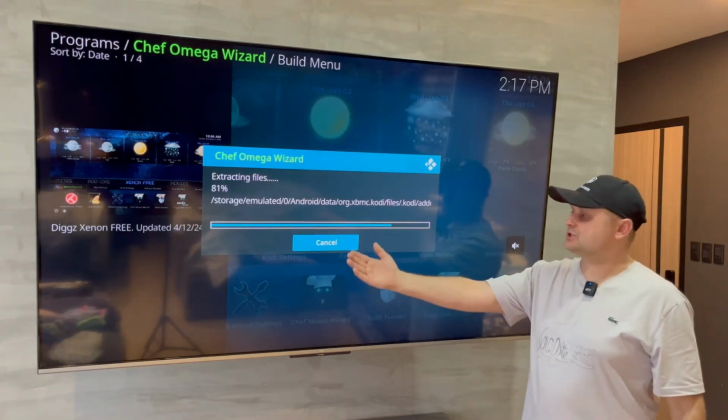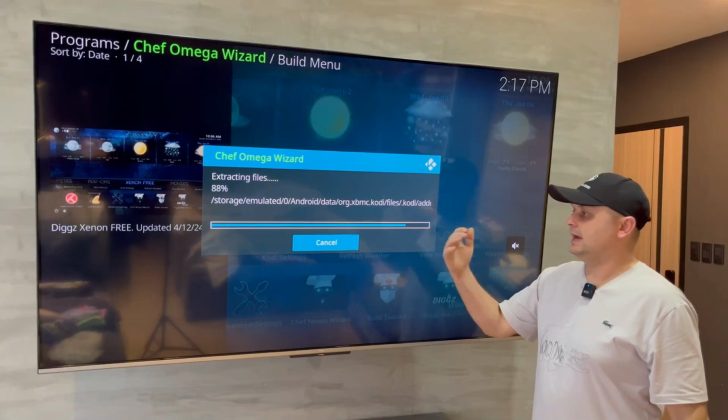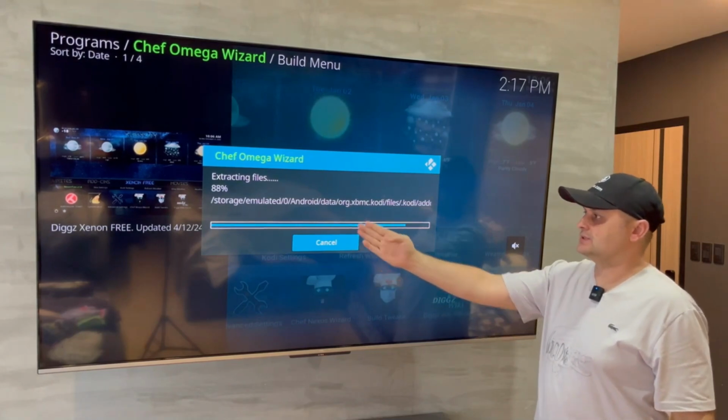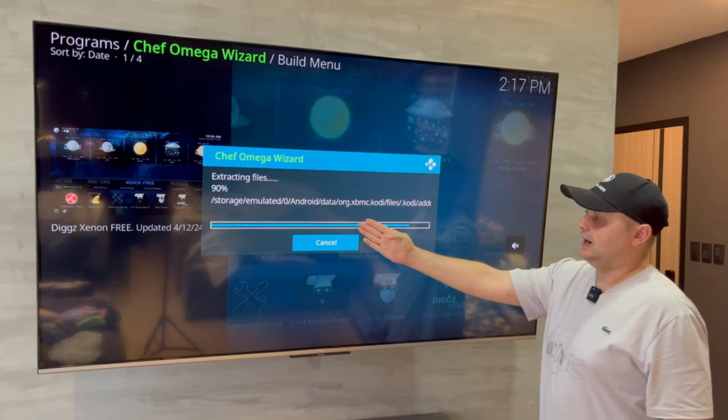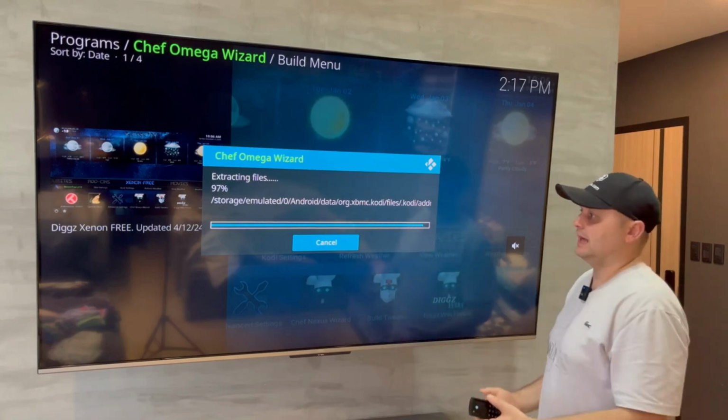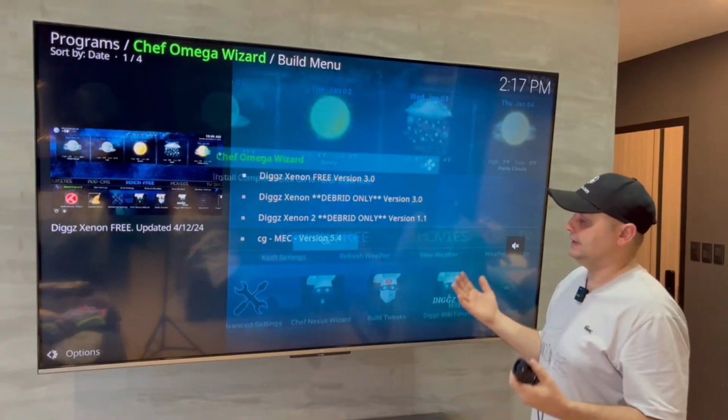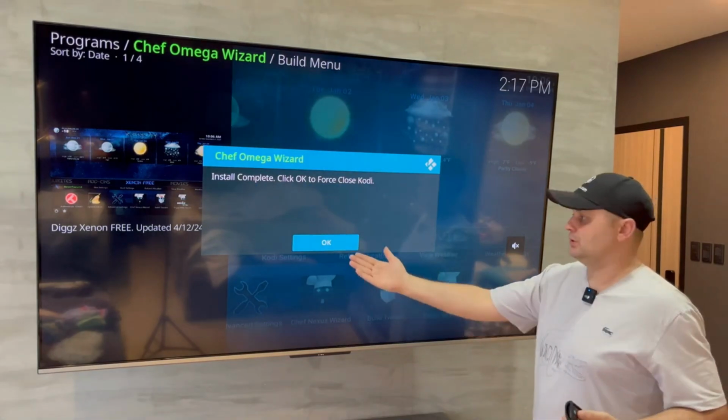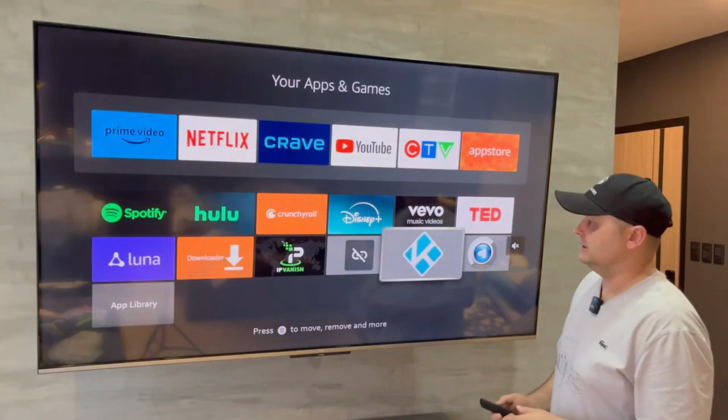Once it finishes, it will start extracting the build and it will install it. You should get 0 errors. It'll tell you the percentage here. I'm almost done extracting it. So it'll download, extraction will start, and then it'll say force close KODI. We're going to press OK. We're going to force close KODI, and